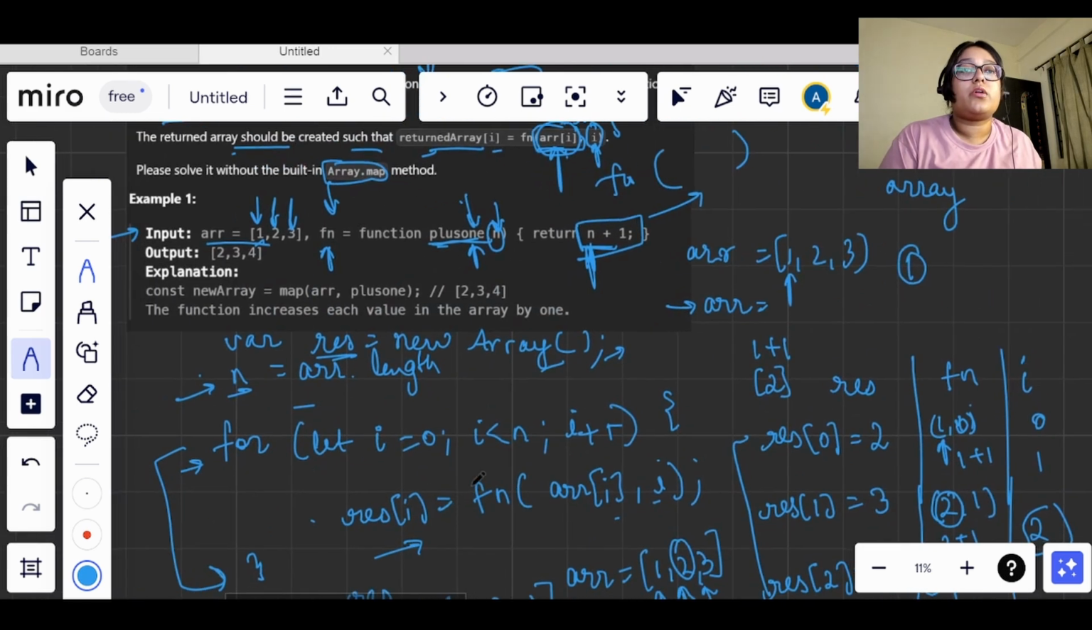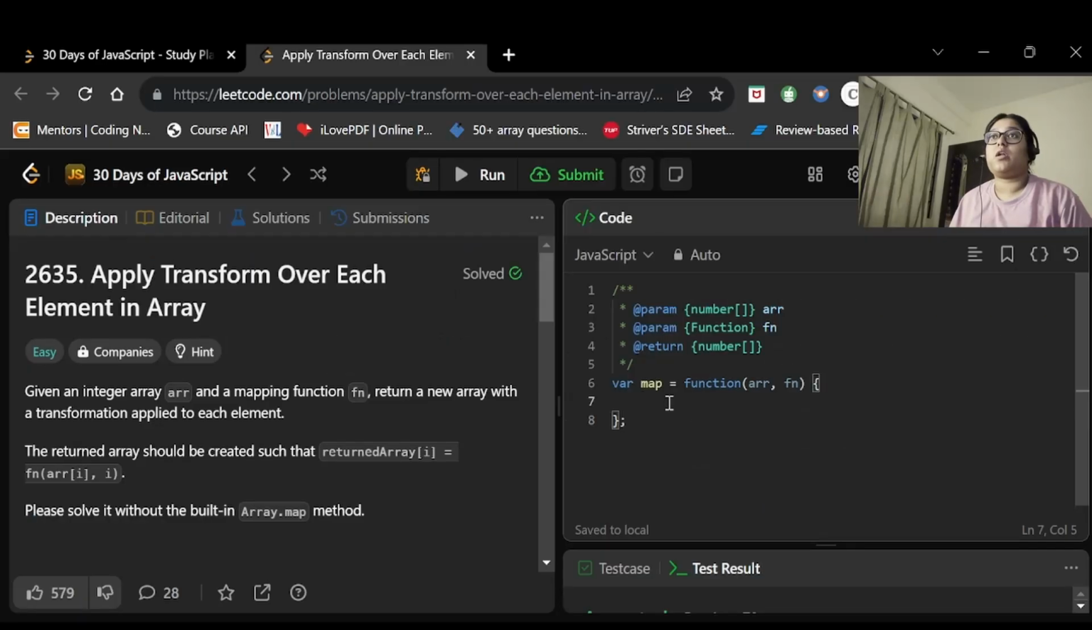Let's move on to the code, and whatever little doubts are there will be cleared with it. So let's see the code now. First we will be declaring the array, and before that let's take the length of the initial array. So in n we will be storing the length of the initial array, arr dot length, and now we will be declaring a new array. Let's call it result or res,